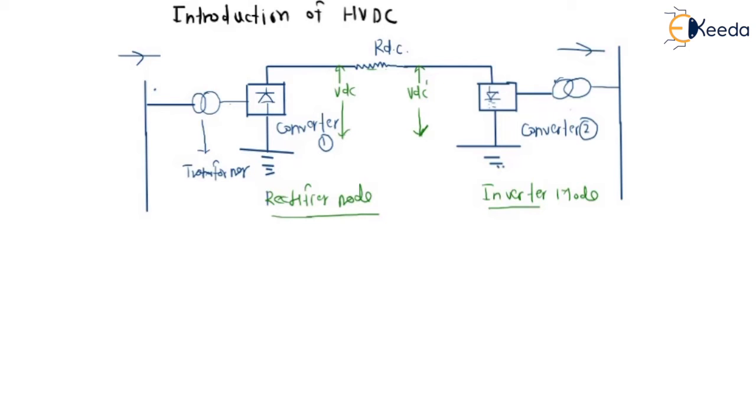Now we have to deal with it like this. We know the formula for V naught, for single phase two pulse, is 2 Vm upon pi cos of alpha. I'm not writing the exact formula, but somehow you will see it like this. And in inverter mode you will also see a formula like this. This question belongs to power electronics, so you will deal with it better in the power electronics part.